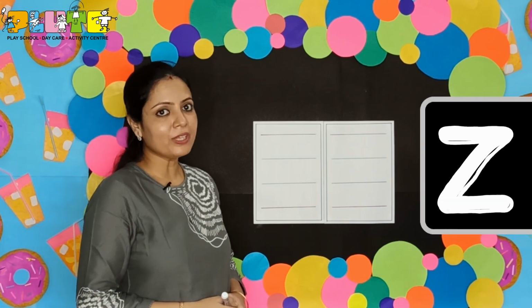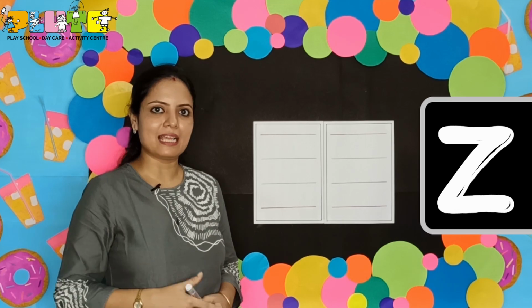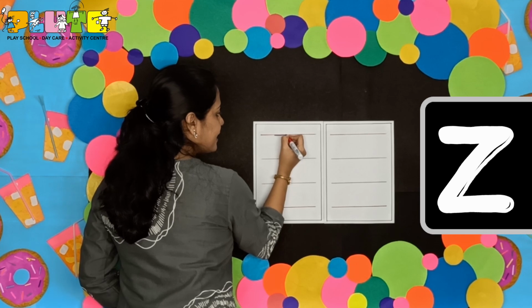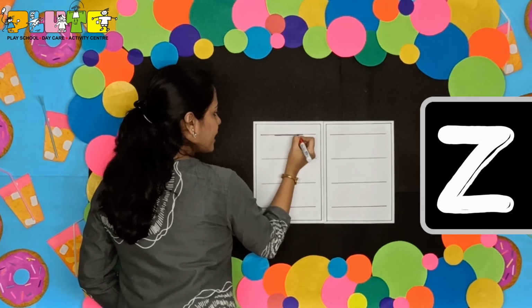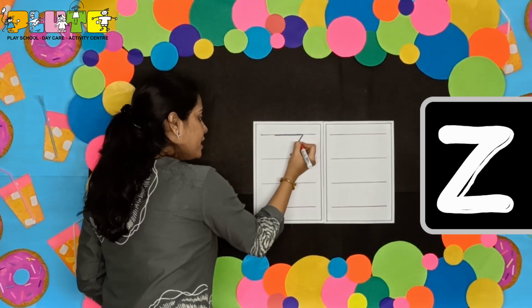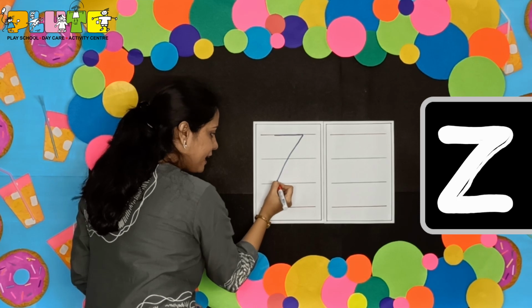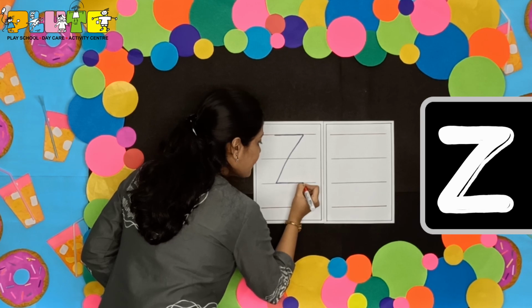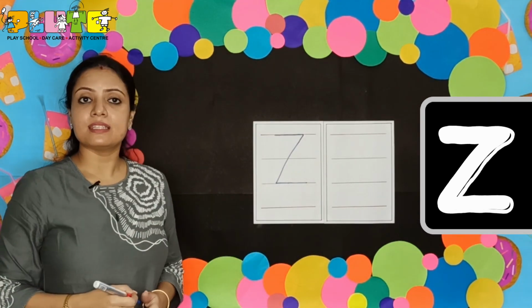The last alphabet that we all know is Z, right? So let's see children how we can write the last alphabet, that is Z. For Z, we need two sleeping lines and one slanting line. First we will draw the sleeping line on the first line like this. Then from this point we will draw a slanting line, slowly going down till the third line, and again we will draw another sleeping line on the third line. So children, this is Z.